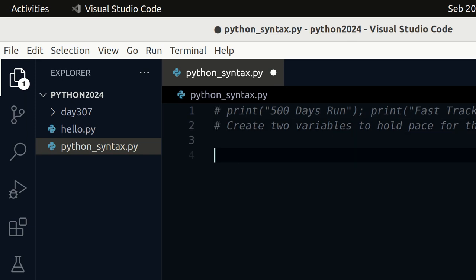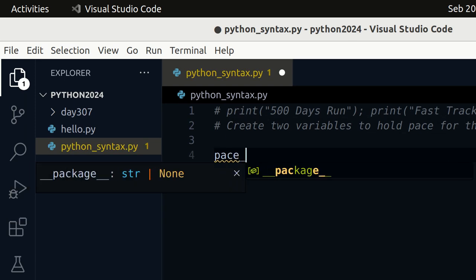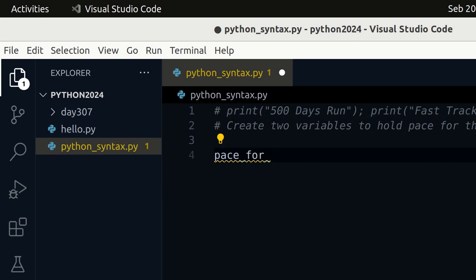So I would say pace underscore for first kilometer is equal to, let's say, 4 minutes.